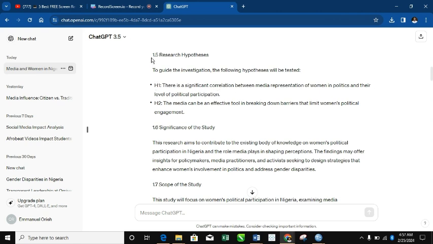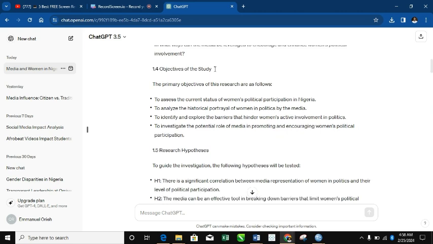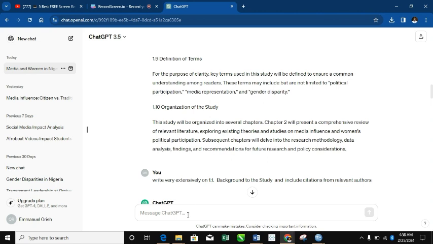So I can equally come here and copy this. But I want you to understand firstly that if this hypothesis, or any of it, is not in line with what you really want to address with your research work, I can equally come down and say